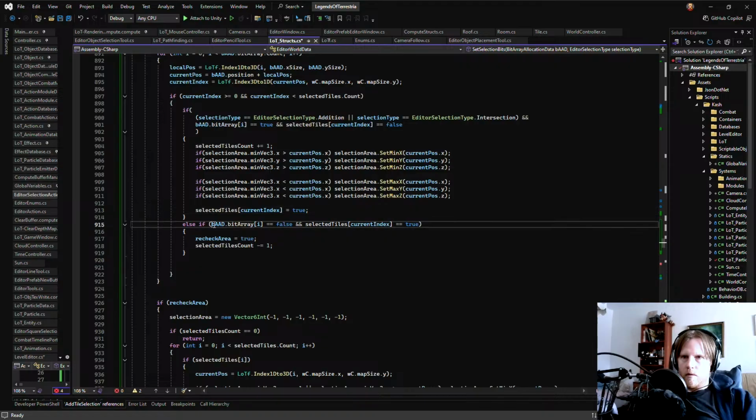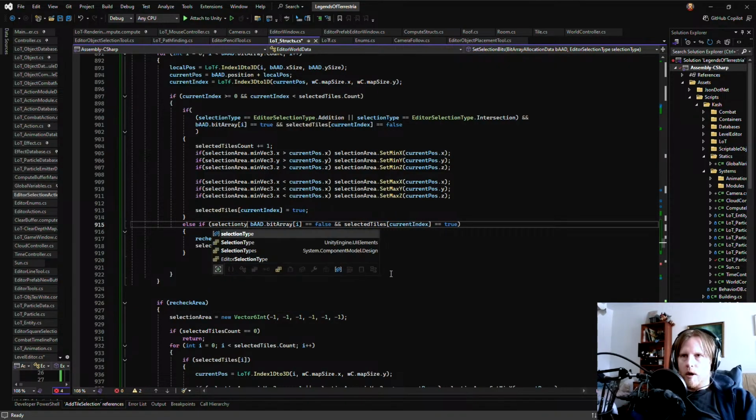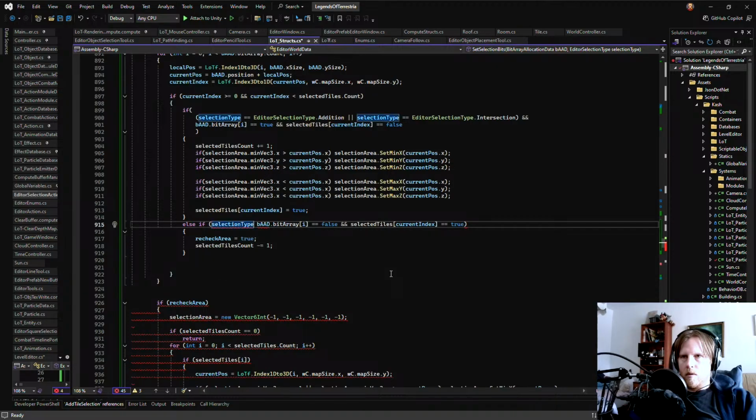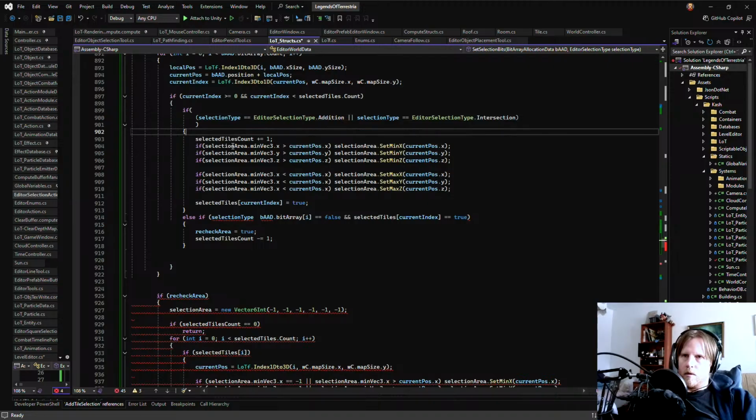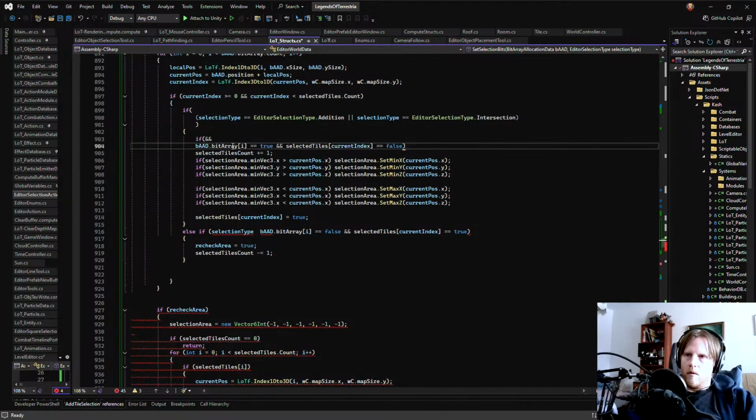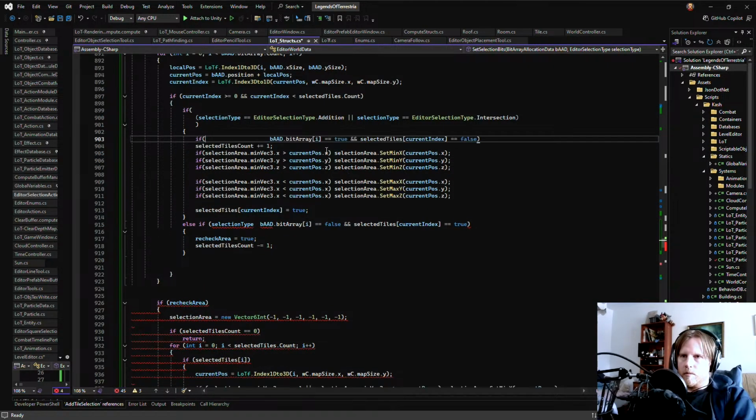Else if selection type... actually let's move the and in if, in case I need to add something else. I think that makes more sense.